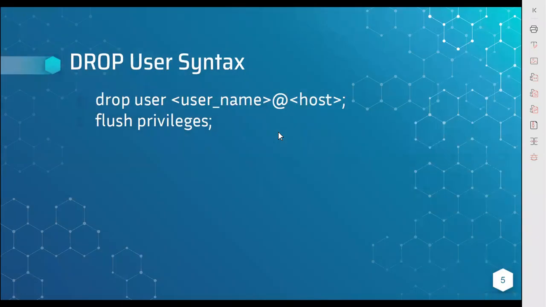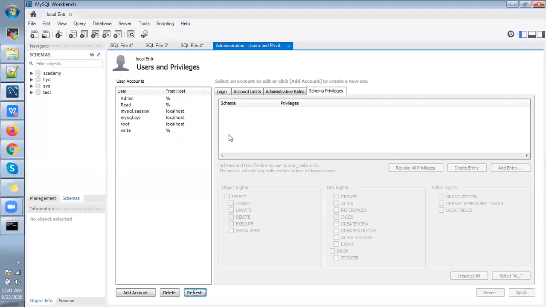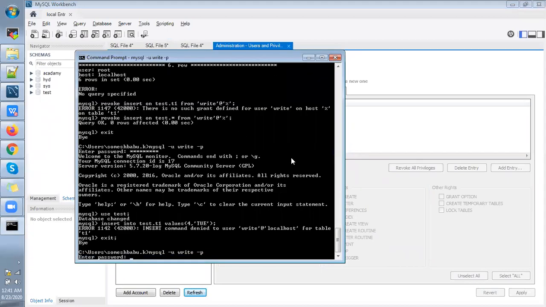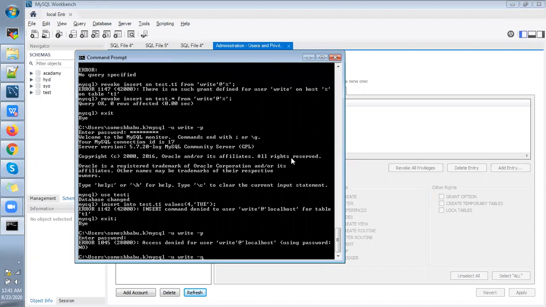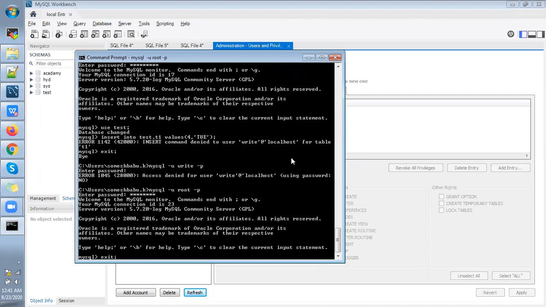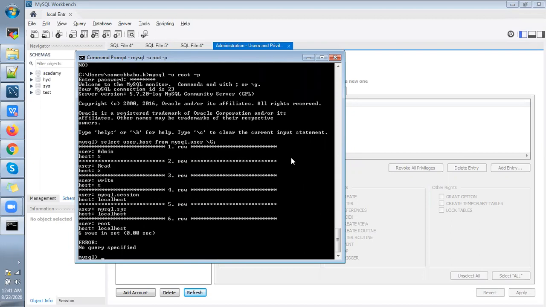Okay, so drop user we have also completed. We can execute the drop user command using the command prompt also. So I'm checking what users are available.